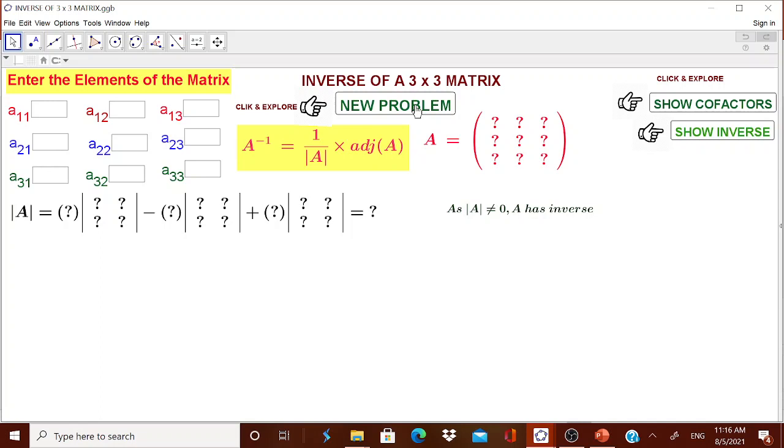To avoid a wastage of time, you can view the previous video which I have put on the inverse of a 2x2 matrix. Most probably the ideas are the same, but here you should show the cofactors to the children very clearly, because the mistakes are made in finding the cofactors only. If they are not finding the cofactors correctly, then at least one cofactor wrong means the total problem will be wrong. Let us check how to design this dynamic worksheet from scratch.